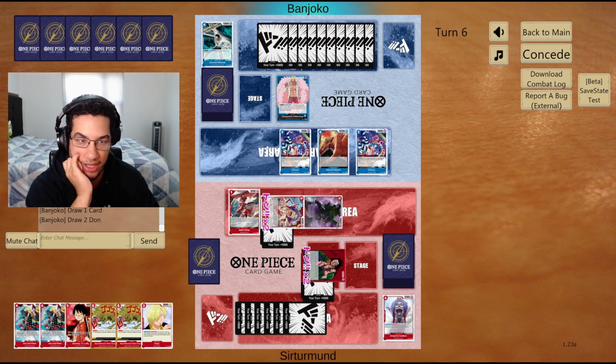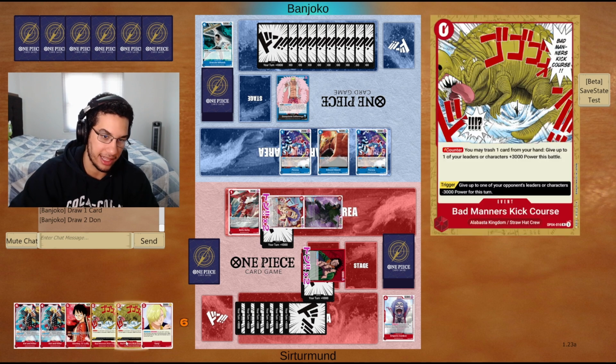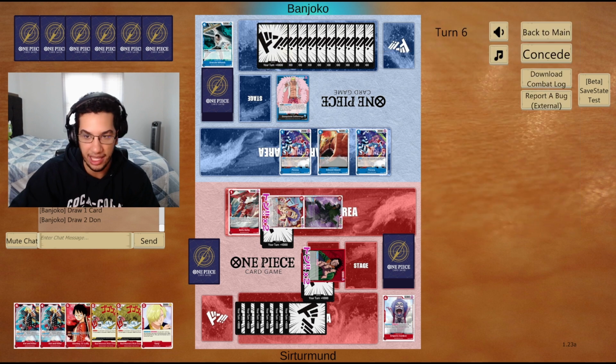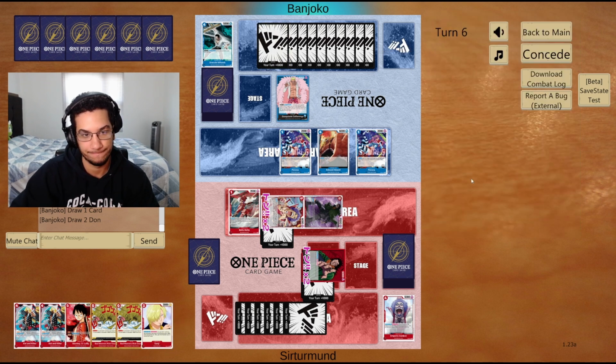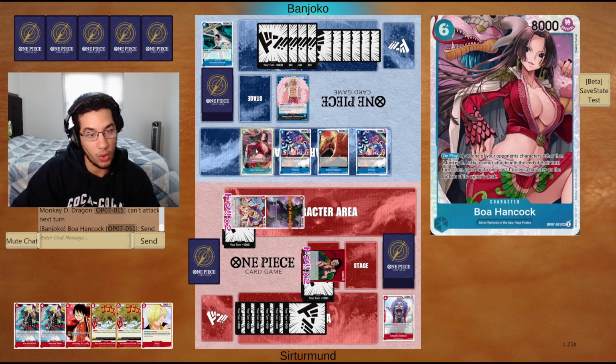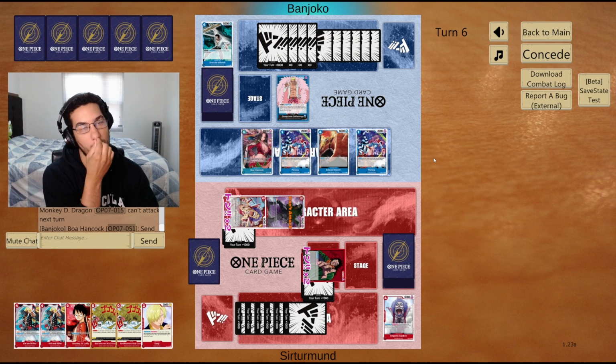They're probably thinking about their math to try to commit lethal here. Again, if they attack for anything that's a 7K, I can just counter. If they attack for an 8K, that's where it gets awkward because I'm going to have to over-counter. Oh, no way. So they just go... Okay, well, so they... I mean, I guess